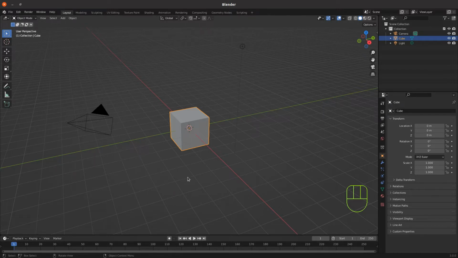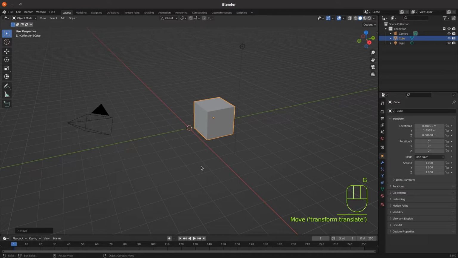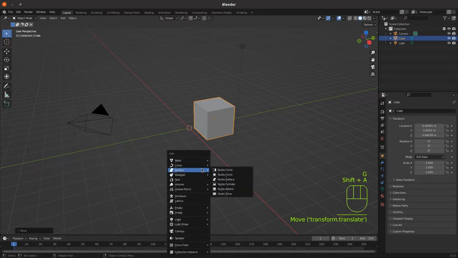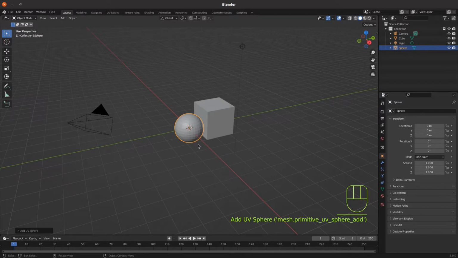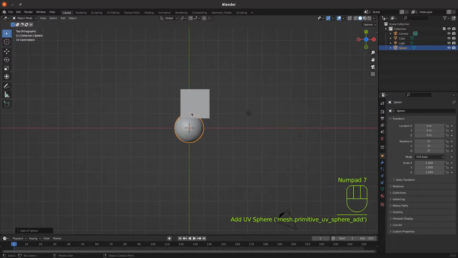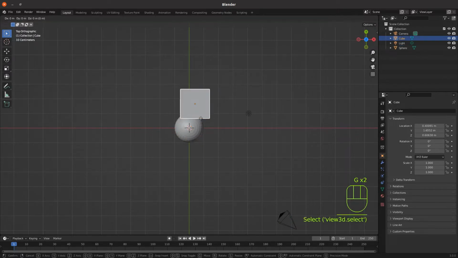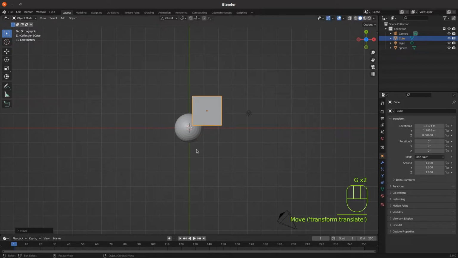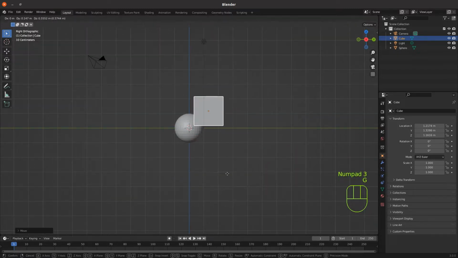I've just opened up a default Blender scene with the cube, and what I'll do is just quickly grab the cube, move it to the side slightly, and then Shift A and add a mesh UV sphere. So the two are intersecting. If we just go into top view, I'll just escape, select the cube, grab it and move it slightly so it's just intersecting the corner of the UV sphere, and in side view just grab so that the two objects